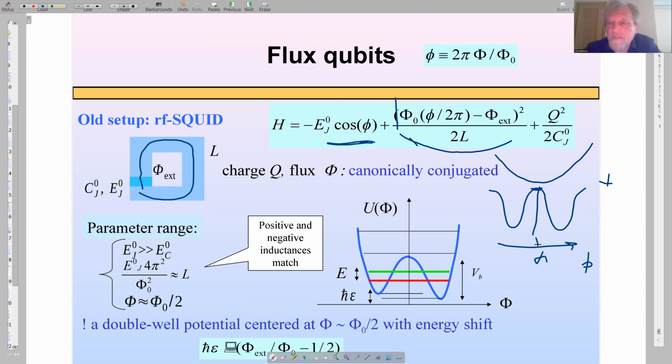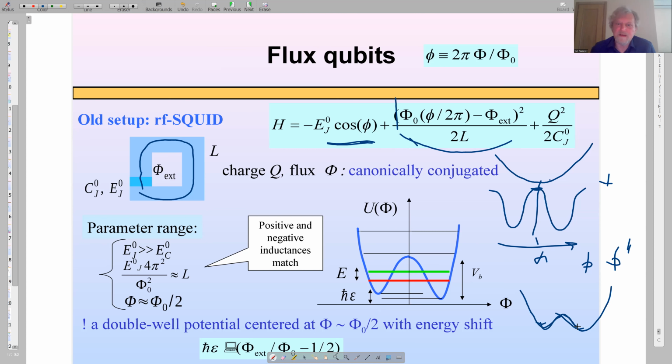Eventually, it will be a two-level potential. Sorry, a potential with two wells. If the compensation of the two inductances is exact, it would be just a quartic potential. If it's not exactly compensated, then we have this small barrier between two wells. All right, and there is quantization in these two wells, and we have eventual